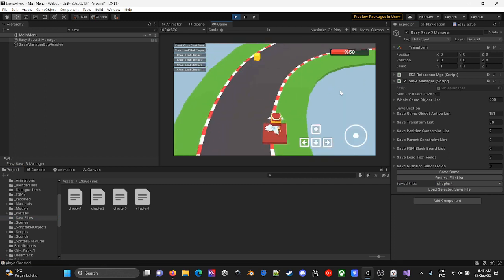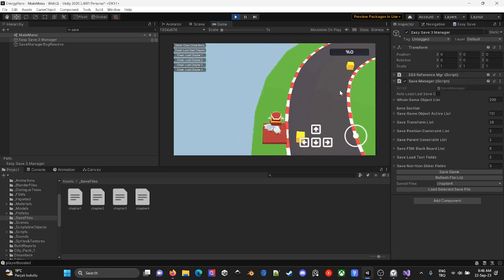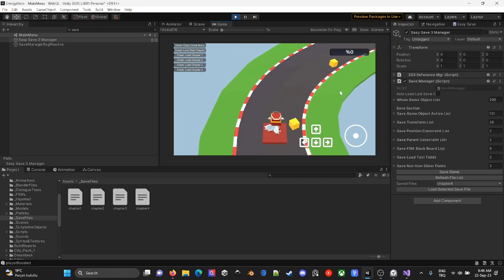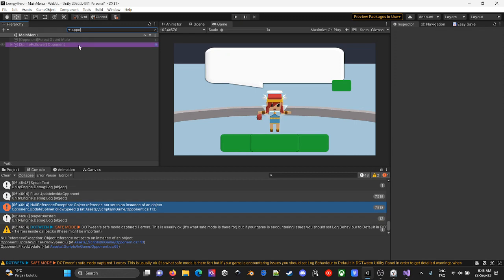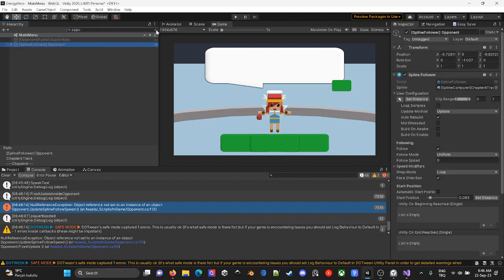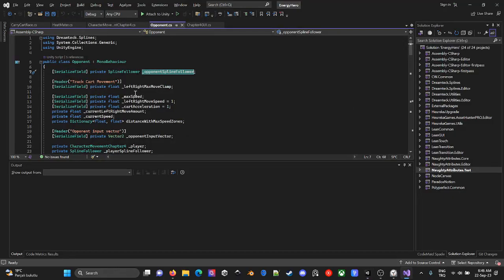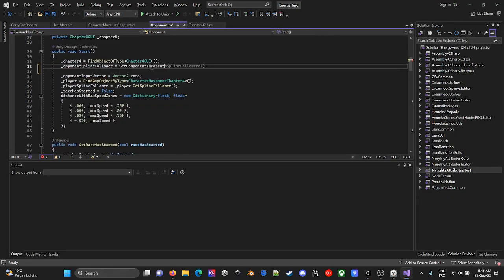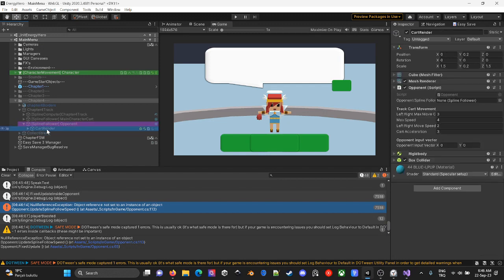Okay, 1, 2, 3, and 4. Null reference. The opponent is facing a null reference error. The opponent's spline follower is inside the